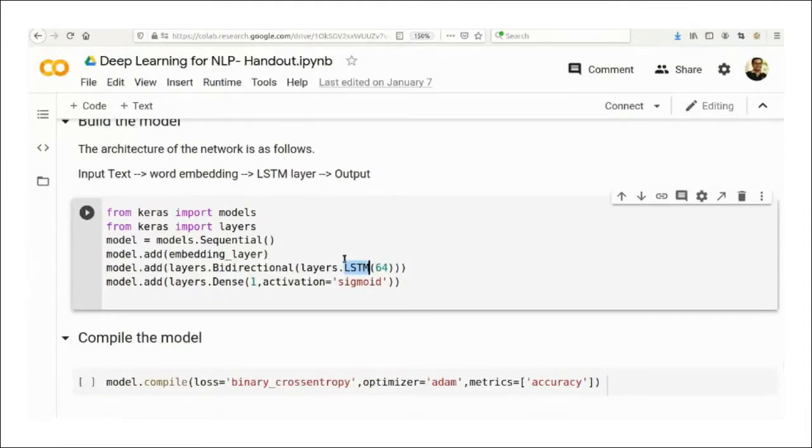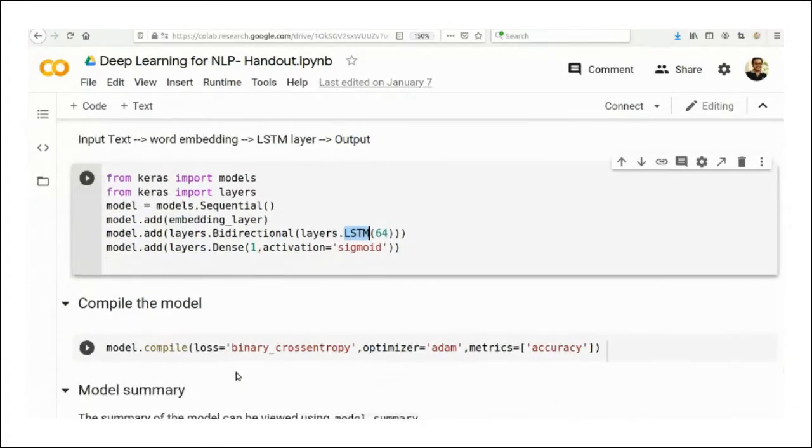Then the output of the LSTM will be given to an output layer that has only one dense unit, and it will predict the output, 1. That means a sigmoid value. Based on the threshold value, we can say whether it is positive or negative. If it is above 0.5, we say it is a positive review, otherwise it is a negative review. The remaining portion is very similar. We compile the model. Here we have only two categories, 0 and 1, so we use binary cross entropy.